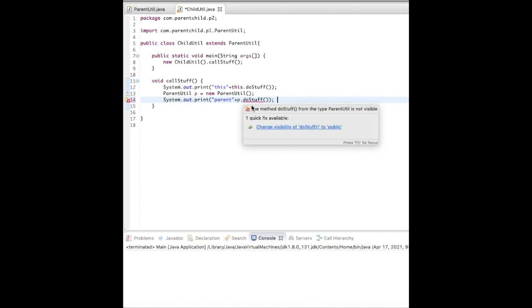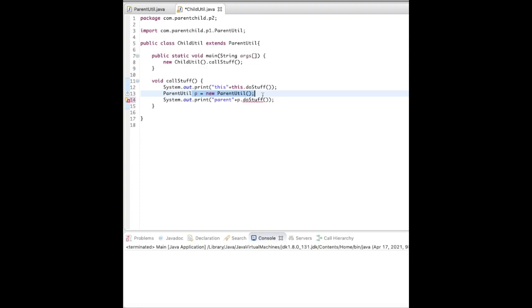This doStuff, you can see it's not visible. The method doStuff from the type ParentUtil is not visible. Since it is protected, I am calling it as p.doStuff.